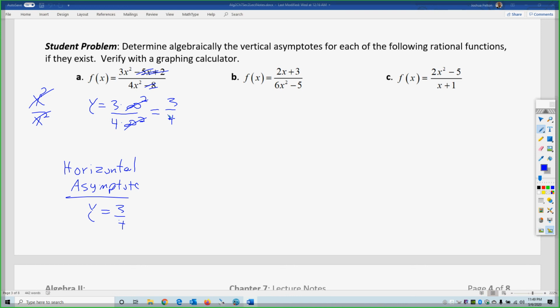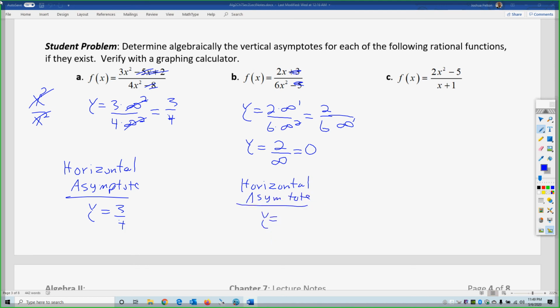So that's a scenario where the numerator and denominator have equivalent powers, so therefore you get a horizontal asymptote. And the next one, y equals 2 times infinity over 6 times infinity squared, because the non-leading terms don't matter. So I really get 2 over 6 and then an infinity on the bottom. So I really get 2 over infinity, because 6 times infinity is still infinity, which is 0, because if you take 2 and divide it up infinite times, that's the nuclear option. There's nothing left. So again, we have a horizontal asymptote